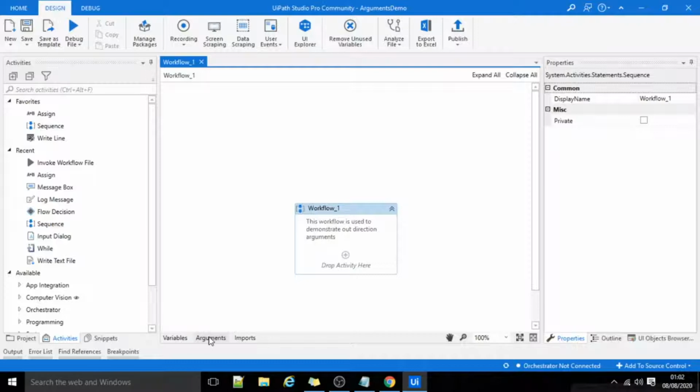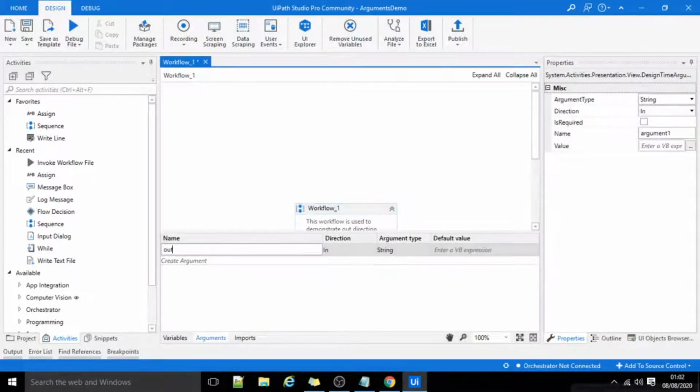Now I will create an argument, out_item. I will change its direction to Out.